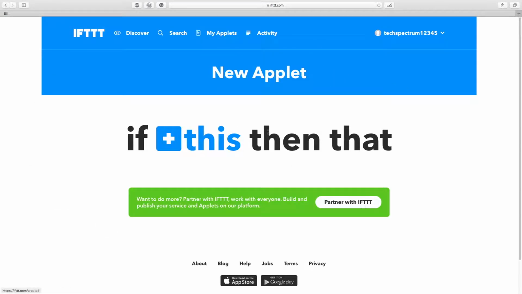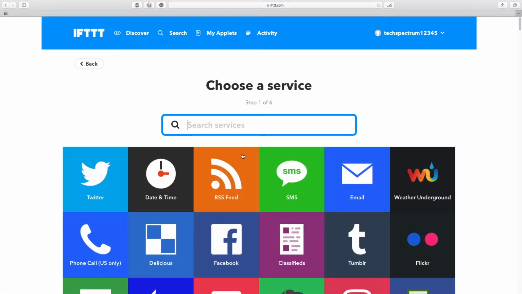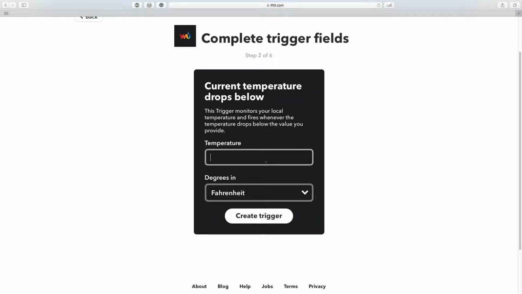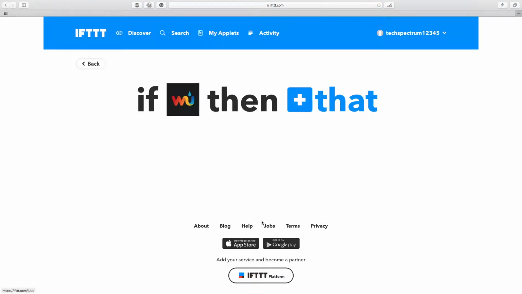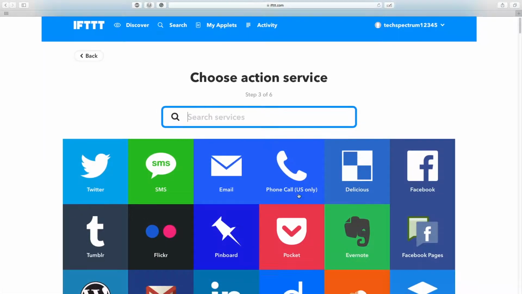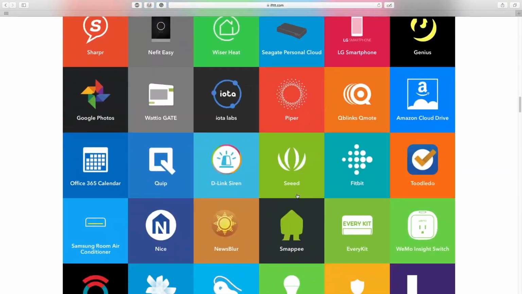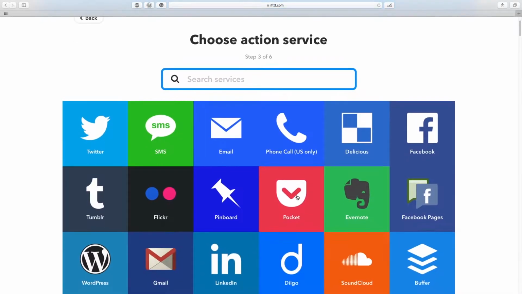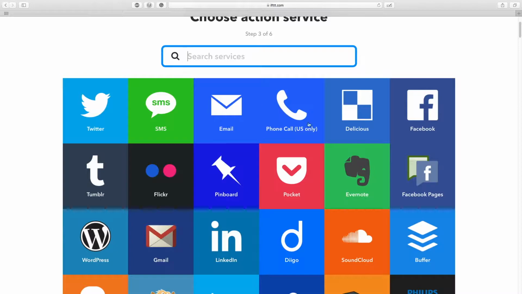And then when you're in this web page, it says if this, then that. So that's basically what IFTTT stands for. So we're going to click on this, and we're going to say weather. So we want it, so if the weather or the temperature drops below 45 degrees Fahrenheit, we want it to, let's see, we can choose from like 100 of these services, but I'm gonna select, let's see,